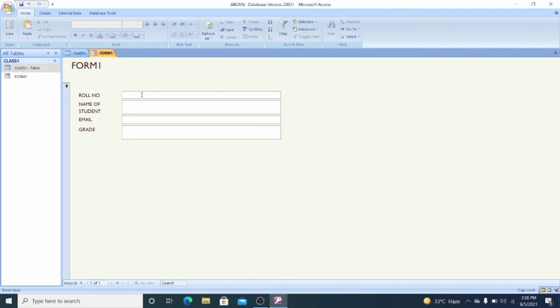Right now I'm showing you an example. Suppose the roll number of my student is 1 and the name of my student is Anu. The email that I want to input is Anshu Arora 291. Then I can write the email from here, Anshu Arora 291 at the rate of gmail.com. Fine. So here I'm inputting the data by using the form. The grade is 7. Once I finish all the data, I just have to click on the save option.